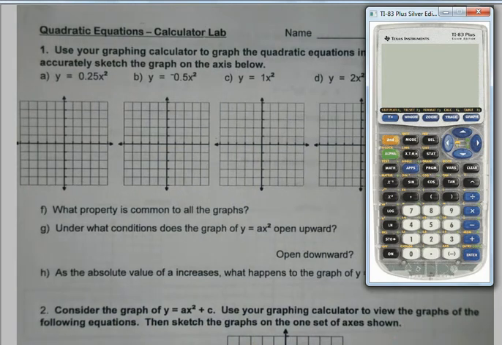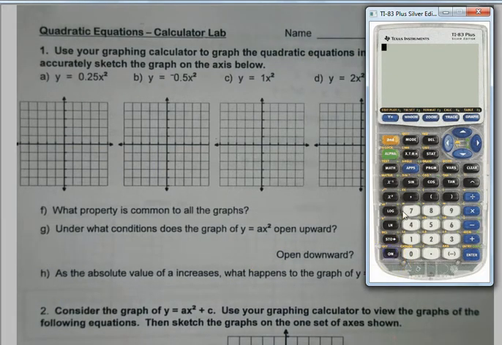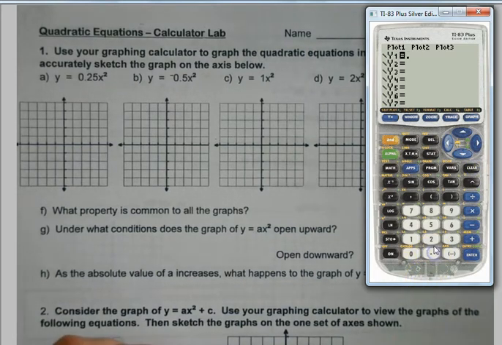So what we're going to do up here at the top is we're going to use the graphing calculator to graph these quadratics. Then we're just going to sketch them. So let's get to good old y equals here. We definitely do not want the radical that's already there. And we're basically right now just going to play a little, and we're going to type in exactly what we